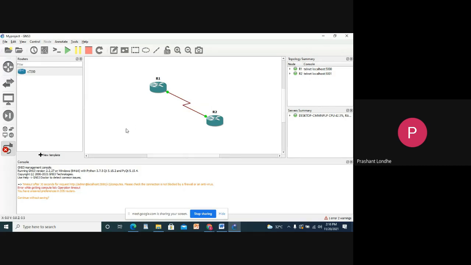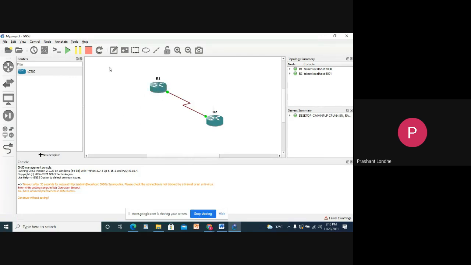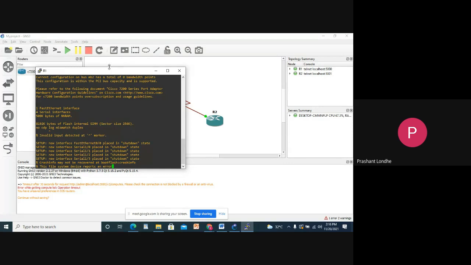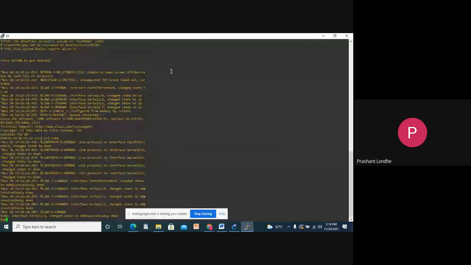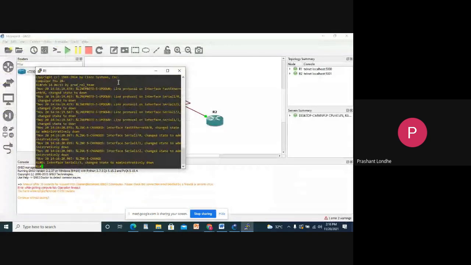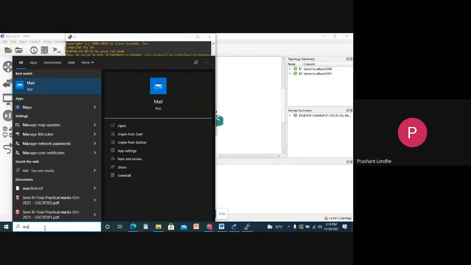So I will get the console. I will right click on R1 and click on the console. Here you can see R1. Let me start the magnifier.